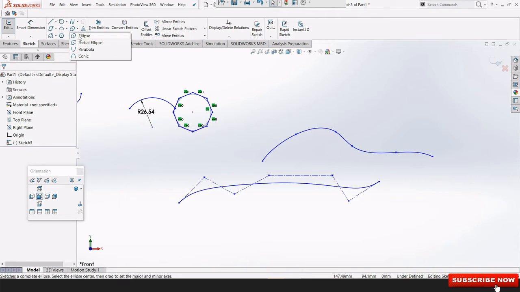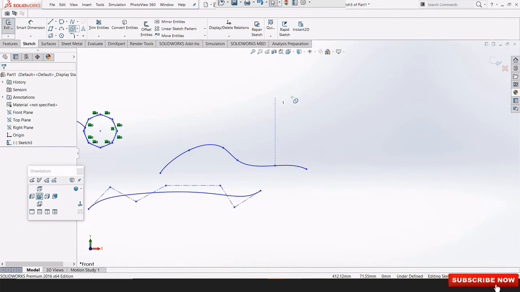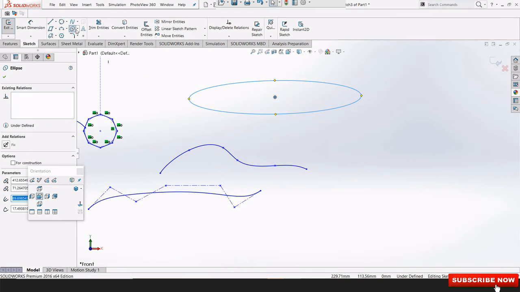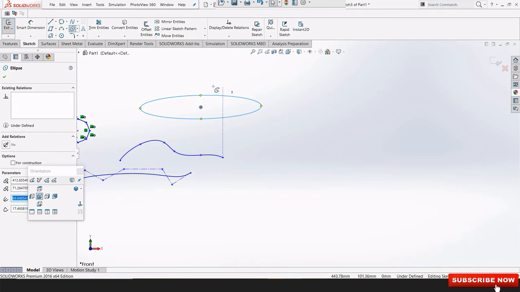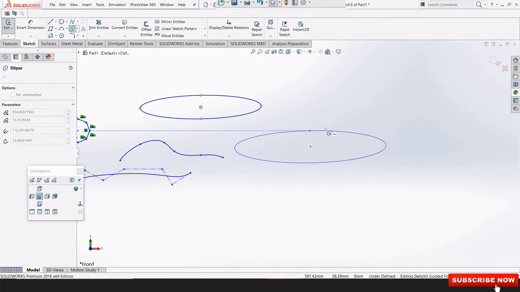Then we are having ellipse. You know how to draw this: select a radius and then stretch it. Then you're having partial ellipse. It will be the same as the ellipse tool, but it will make a partial ellipse, if that is your requirement.